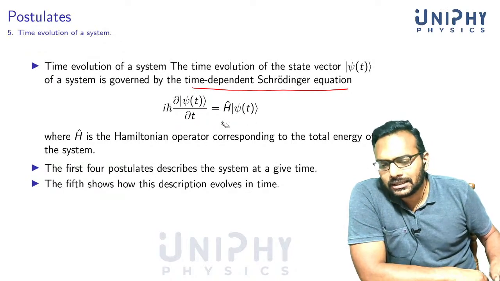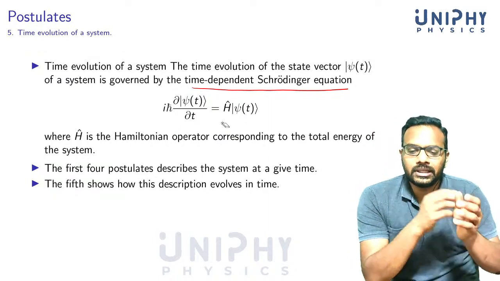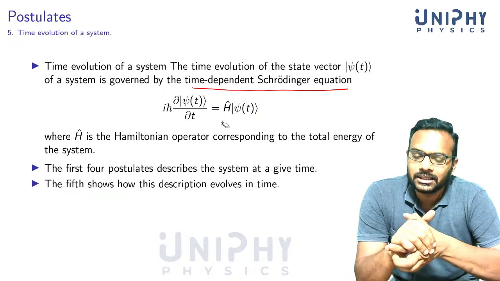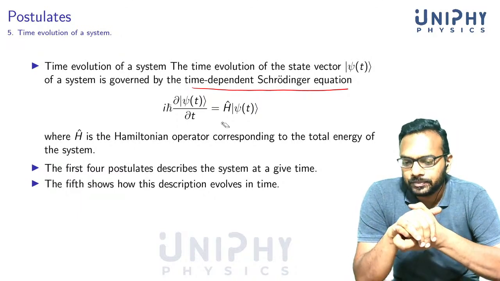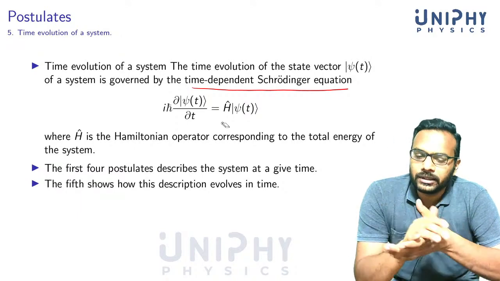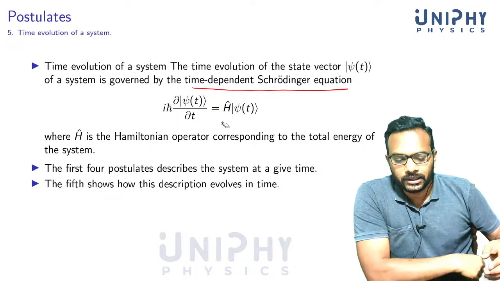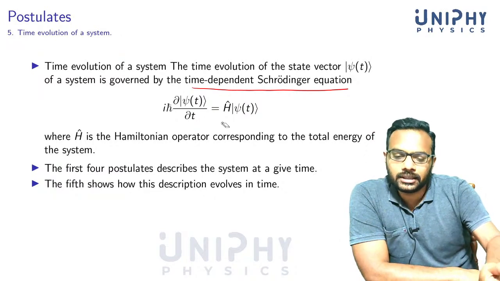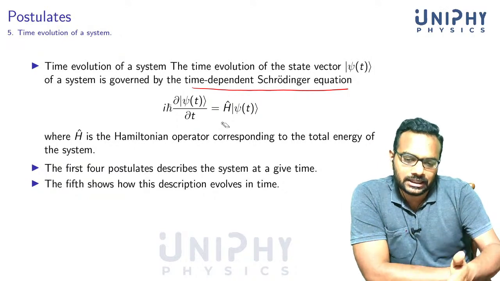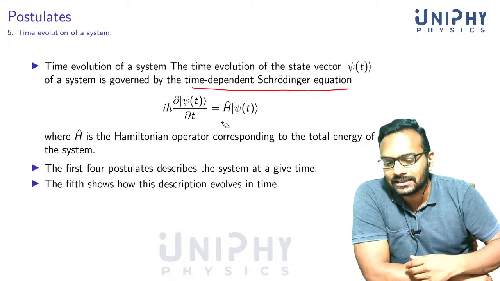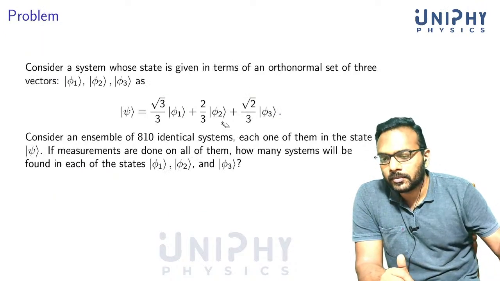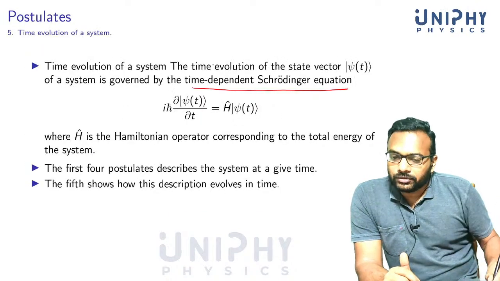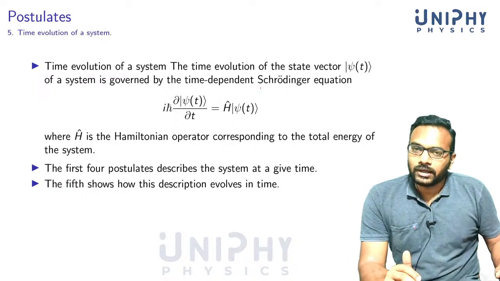And now you could take this as the postulate. We need a postulate about time evolution. It's okay to start with the Schrodinger equation as a postulate. There are different ways to do that. This is the thing that we like to introduce here. Or you can put some other postulate which is equivalent to this, which contains the same information. So that's a summary of what we have discussed so far in the previous classes.